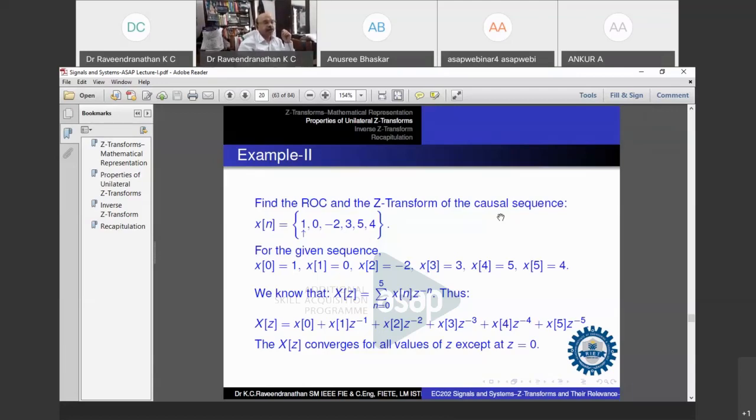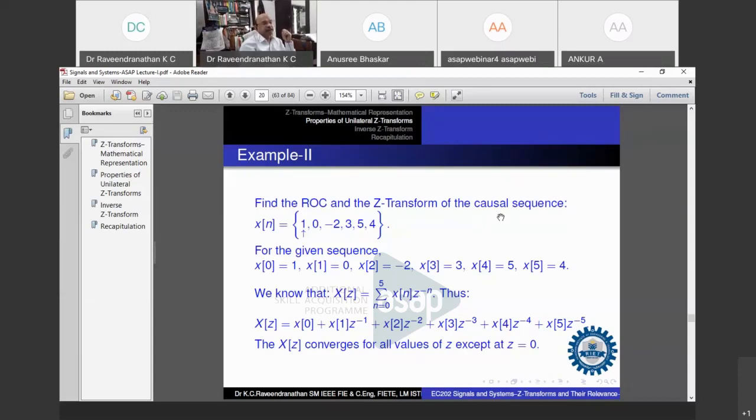It's a transform of the input signal, which is x of n, which will get you x of z, and you take the transform of the impulse response h of n, which will get you h of z. You multiply these two, you will get the transform of the output, which is y of z. And if you want to get back y of n, based on the region of convergence, you take the inverse transform, and you will get y of n very easy. This is one typical application of Z transform, and for that matter, any other transform as well, right?